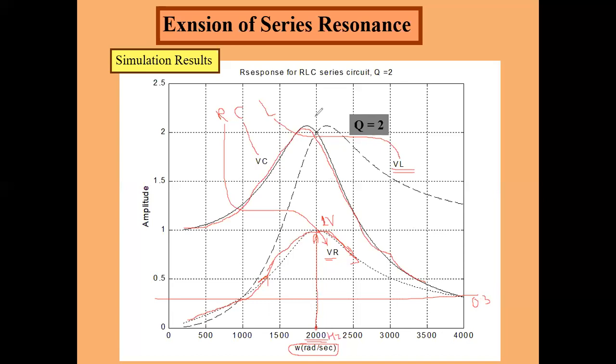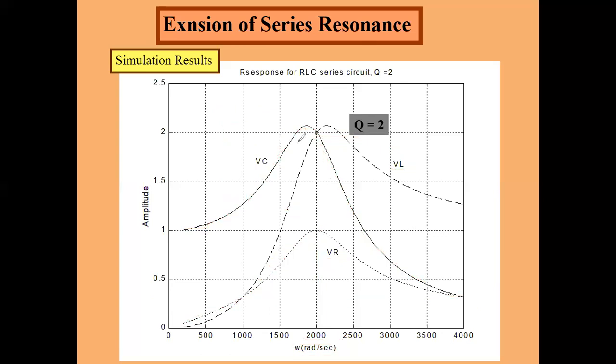Similarly, we are able to see here that before resonance, the circuit is purely capacitive, with XC dominant. The reactive component of the circuit is dominant below the resonant frequency, and after the resonant frequency the VL value is larger, which means the dominant component working in that region is XL.